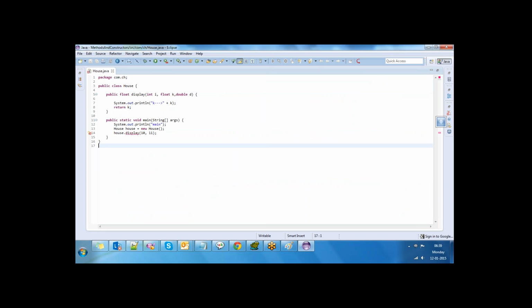Next point. It is the duty of the compiler to create a proper environment for the JVM to execute the byte code.